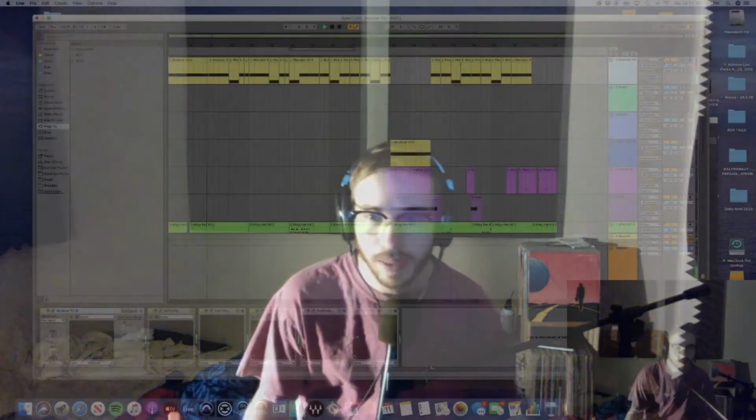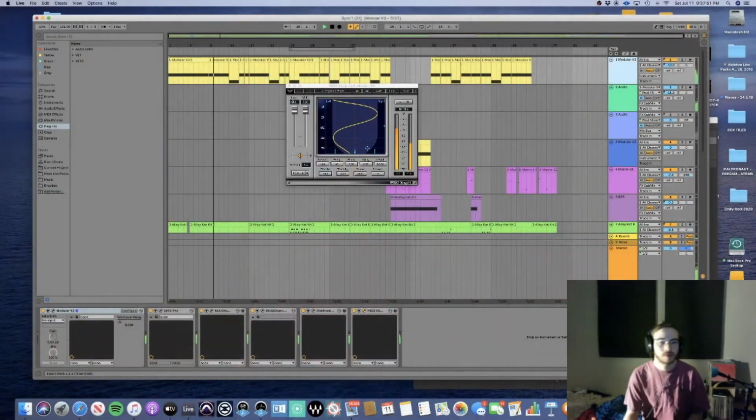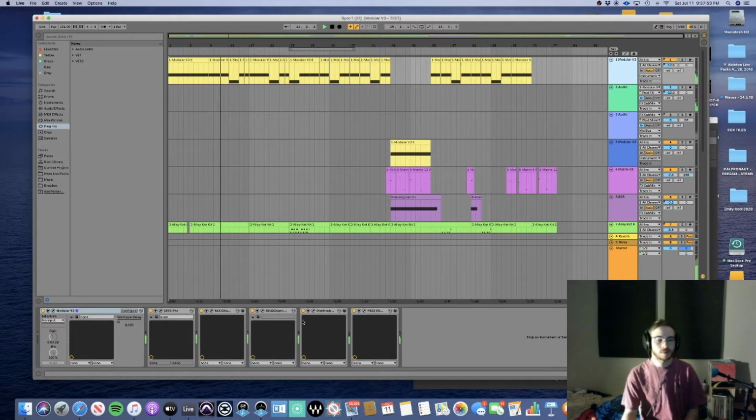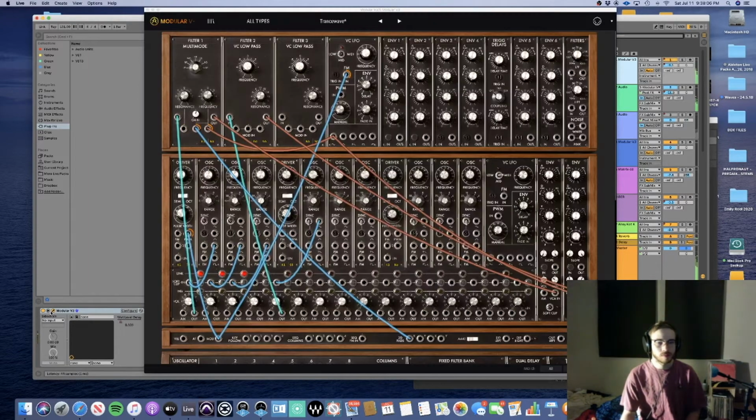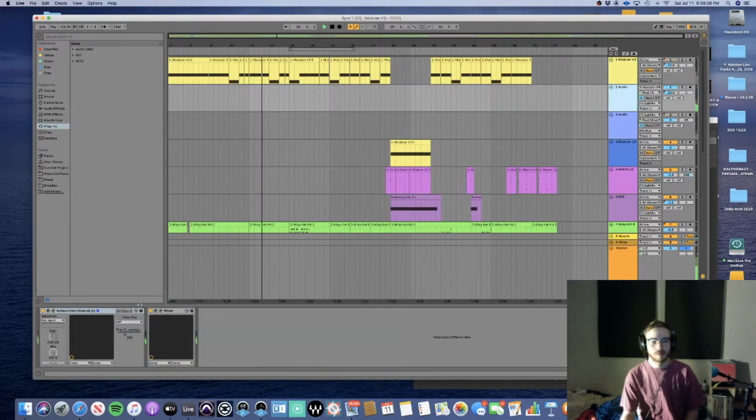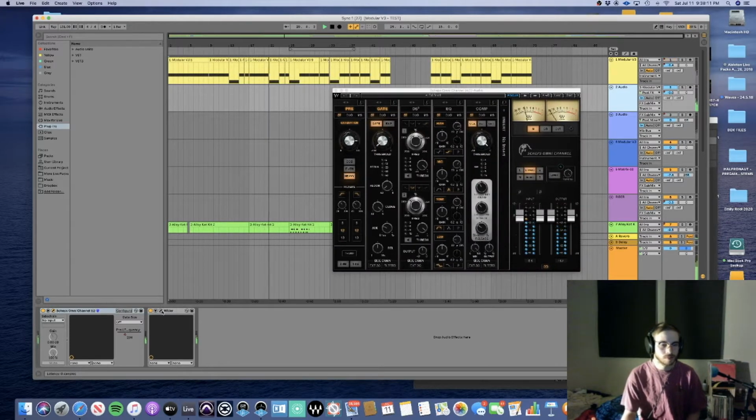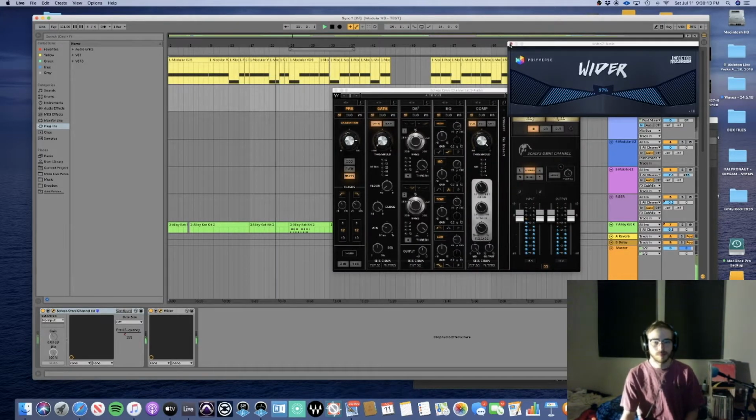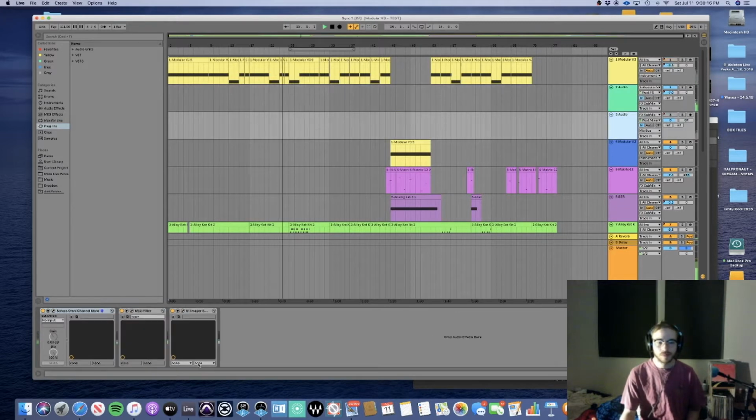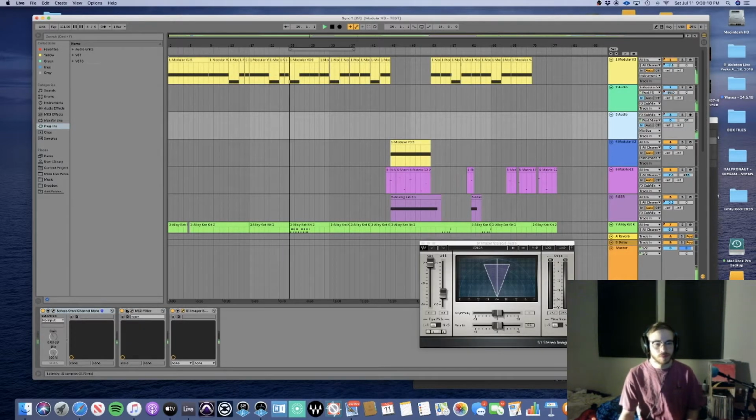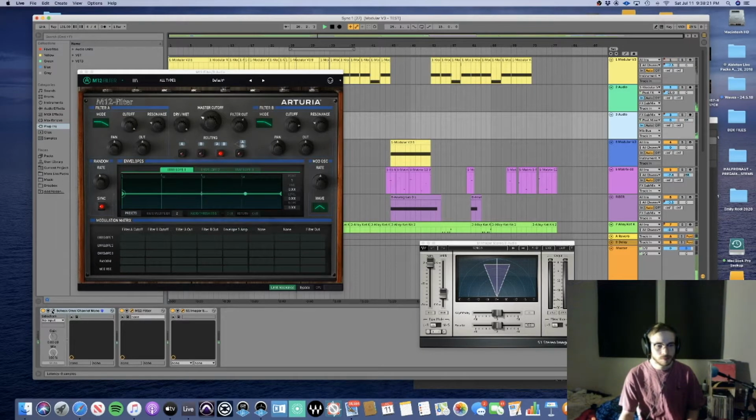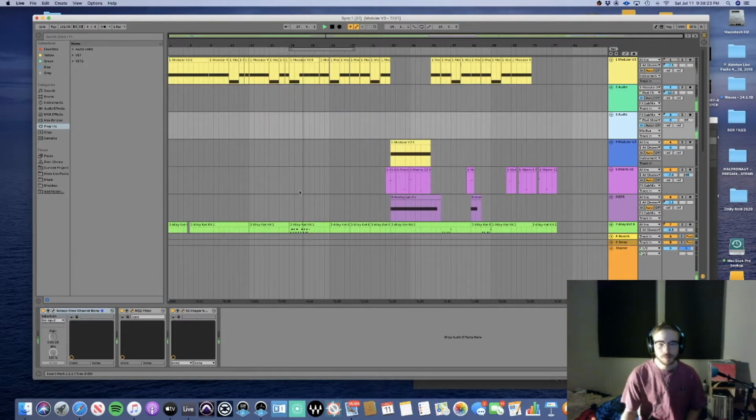So the first element I have is a modular synth, and I'm going to route that to the instrument submix. The next track I have is a widener for my modular synth, and I'm going to route that to the effects submix. And the next thing I have is a filter and imager for the modular synth, and I'm going to route that